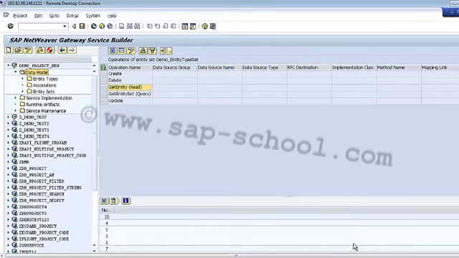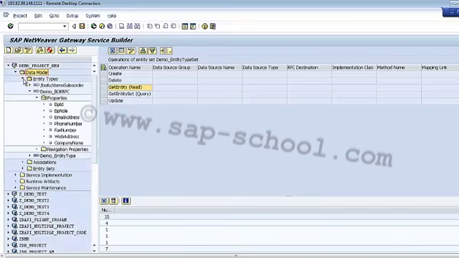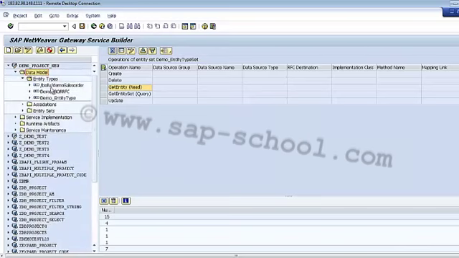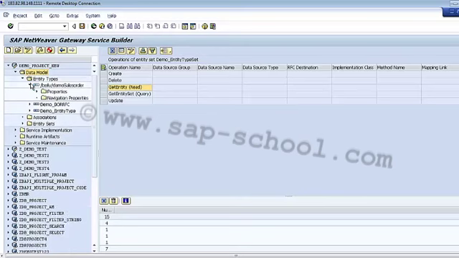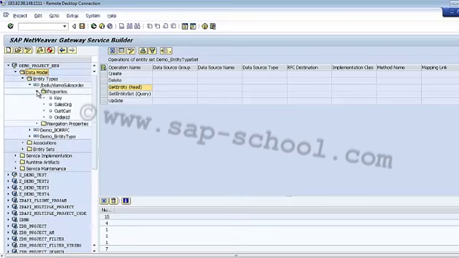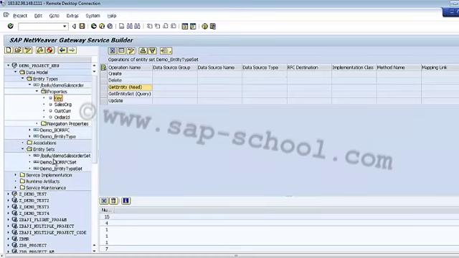So as soon as we have clicked on this finish, we are able to see the new entity type, this one, under my entity type. So I can expand it, I can expand the properties. So I can see the properties which were available to me and which we have selected at the time of import. Similarly, if I go to my entity sets, I can see one entity set created for the sales order set. So this is how we can import the entity types and create the entity sets automatically from my search helps.